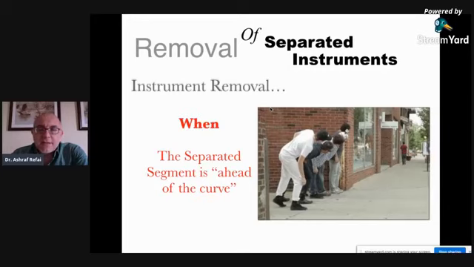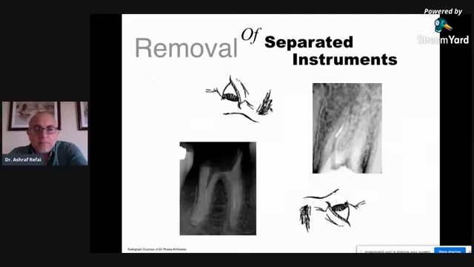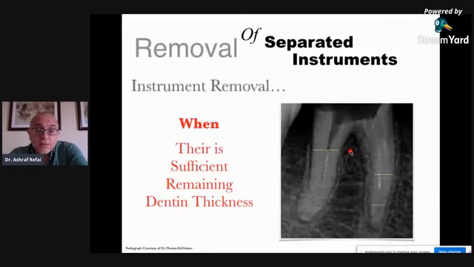Now, what does that mean? This is also something which is very important for referring dentists, because I get a lot of dentists referring their cases to me when there are separated instruments inside the canal, and they misunderstand. They believe that any instrument fractured at any level of the canal is easy to remove and is retrievable. So when you have an instrument which is fractured within the line of sight, that's generally removable. But if the instrument is fractured beyond the line of sight, then we have a problem. Then I can't see it, and what I can't see, I can't do.